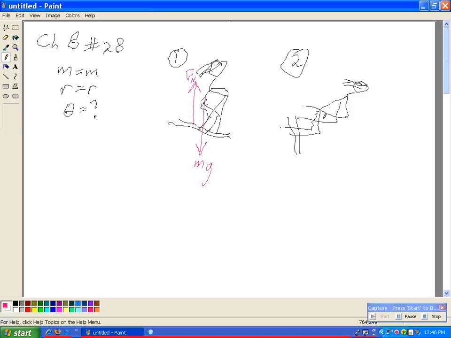When she does lose contact, let's draw the forces on her. So we have her mass is still there, but just as she loses contact with the sphere, the normal force disappears. So the normal force equals 0. Alright, so really the only force on her is the force of gravity. So, the first thing to do,